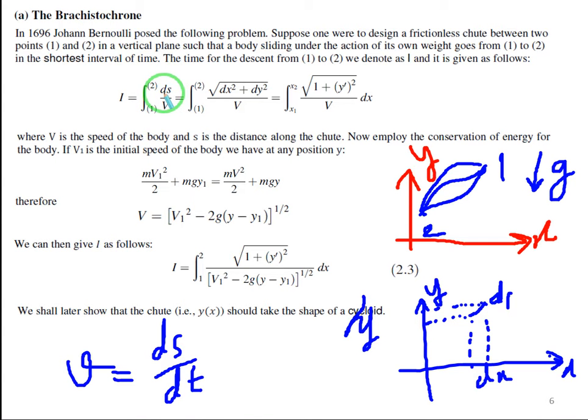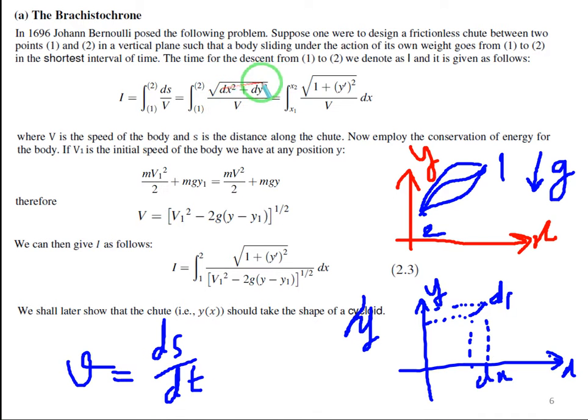As I mentioned before, ds squared equals dx squared plus dy squared. So ds equals the root of dx squared plus dy squared, and